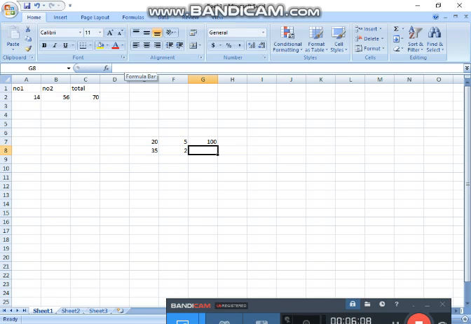Okay, enter. So it will change the values, the same thing is done.